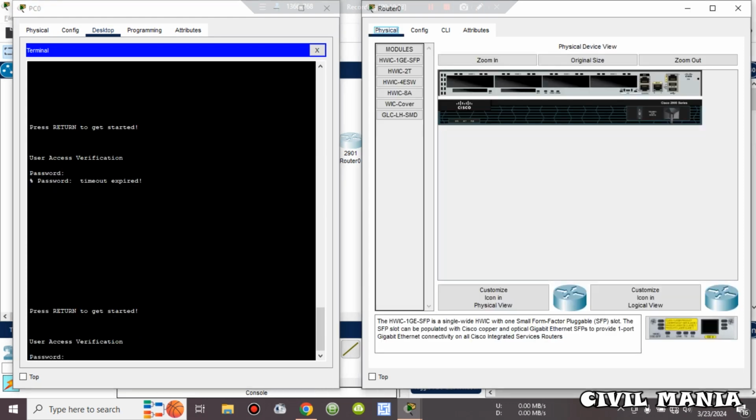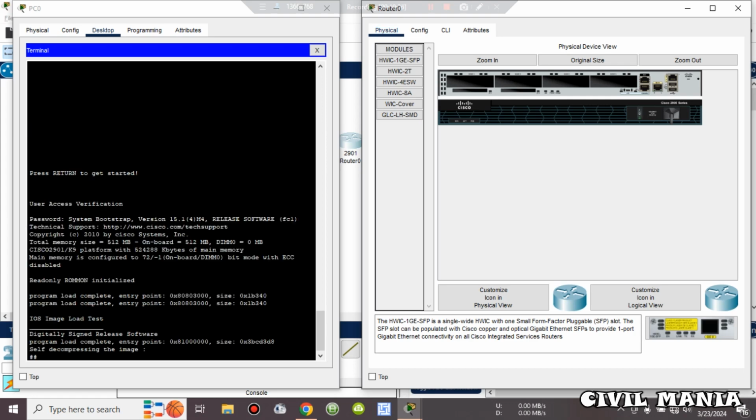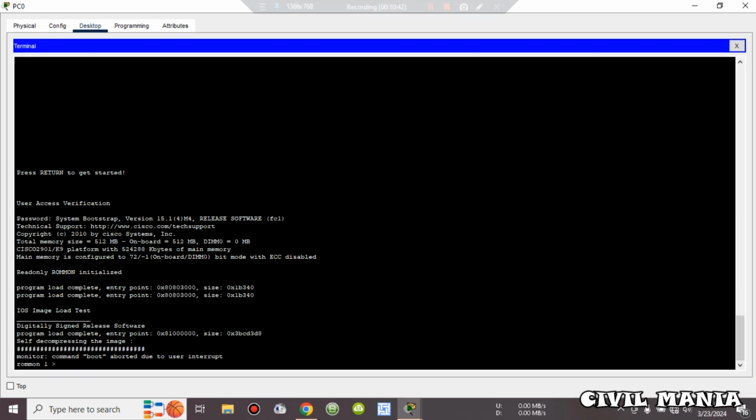So what I'll do is I'll first of all power off the router. See, this is the power button. I'll power off, power on. So here it's moving in the decompressing mode. Now I will press control. Now I have entered control,